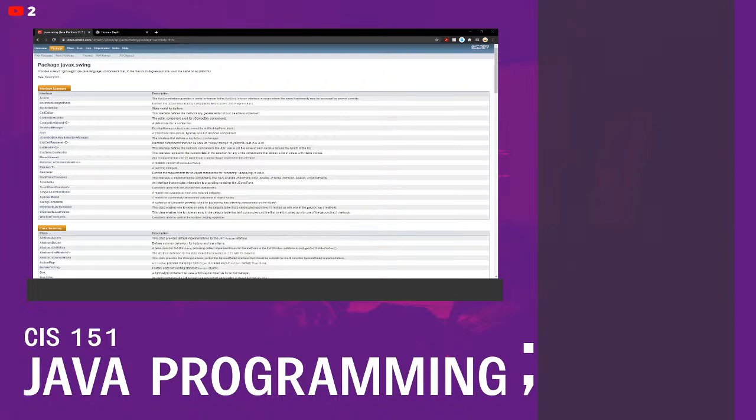So this week we're going to be talking about GUIs and specifically how we make a program with a GUI. We're going to approach this module just a little bit differently than all the other modules that we've been doing so far. And I'll tell you why that is in just a moment. Before we get into